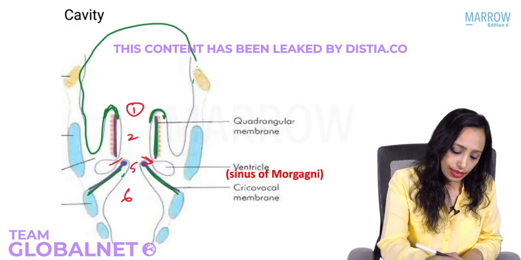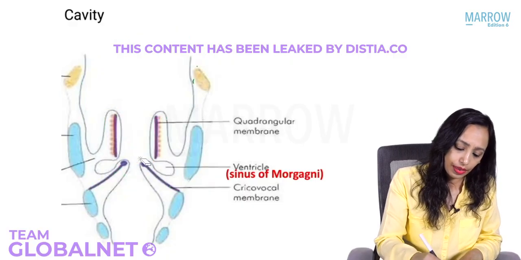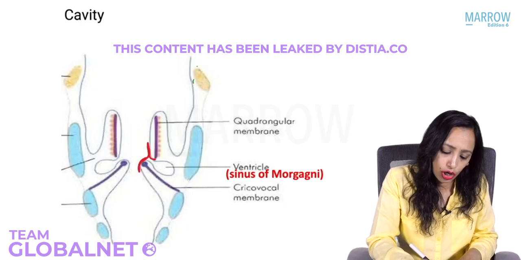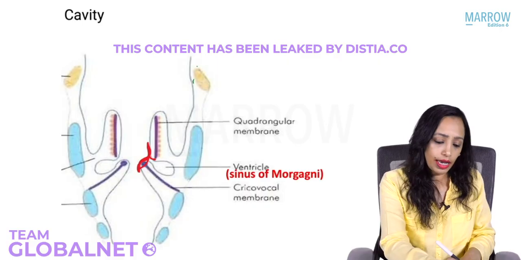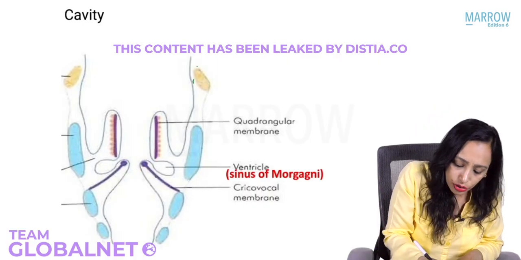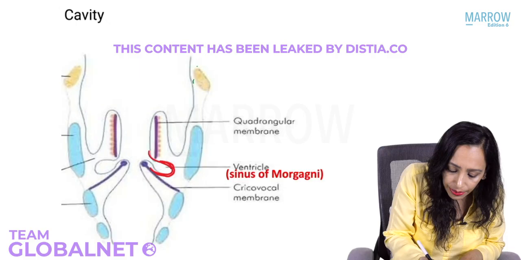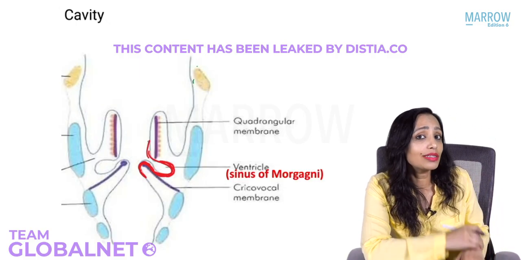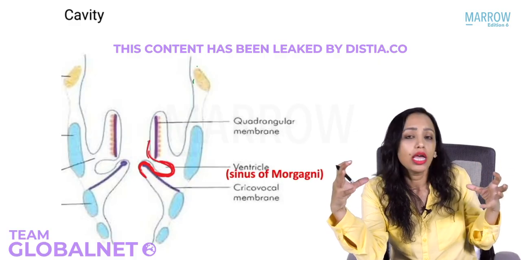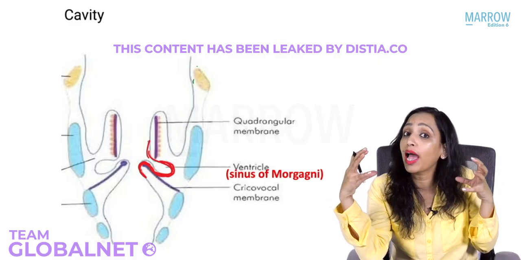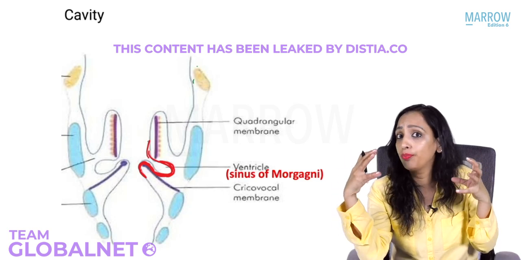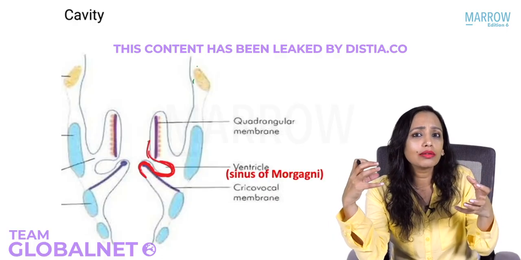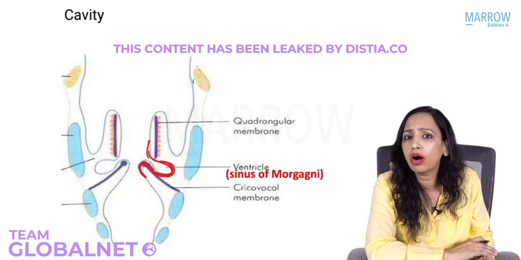Now just note here that the epithelium from the false vocal cord is not directly going to the true vocal cord like this. Are you noticing? The epithelium from the false vocal cord is going laterally to form a sac-like structure, and then it is coming to line the true vocal cord. This sac-like structure which is formed laterally is what is known as the saccule. And why do we have this saccule? Because it contains a lot of mucus glands which secrete mucus, to lubricate the true vocal cord.